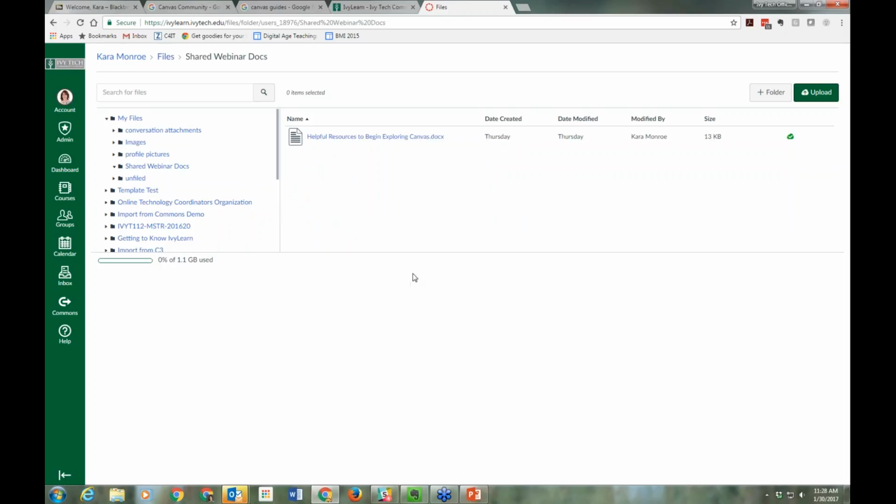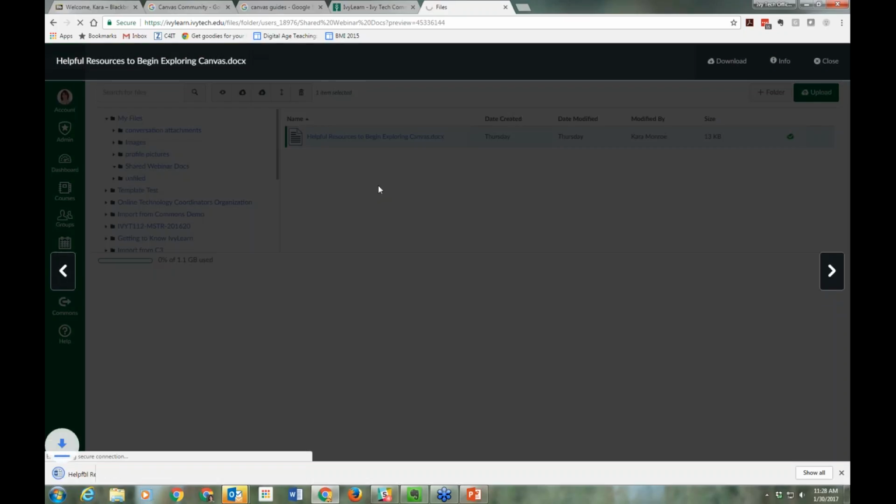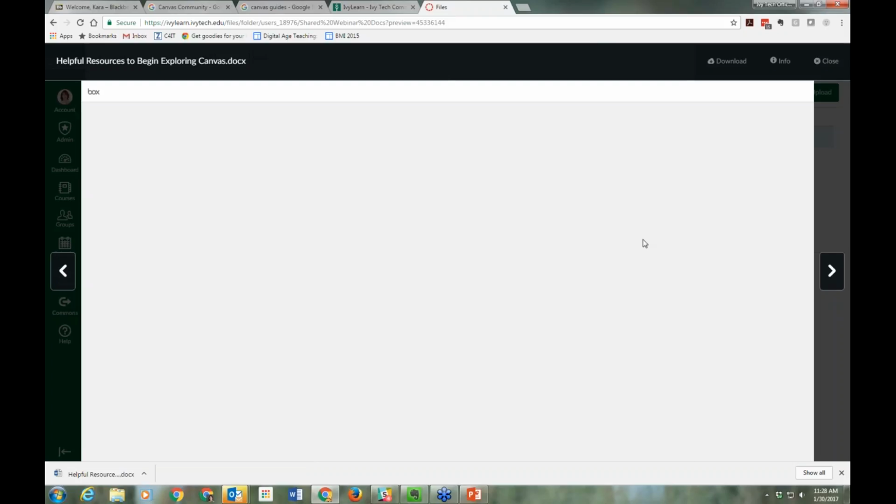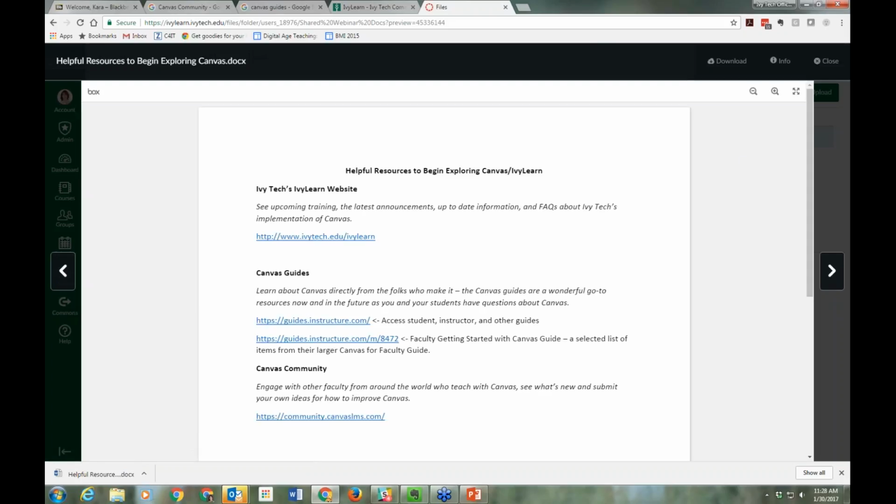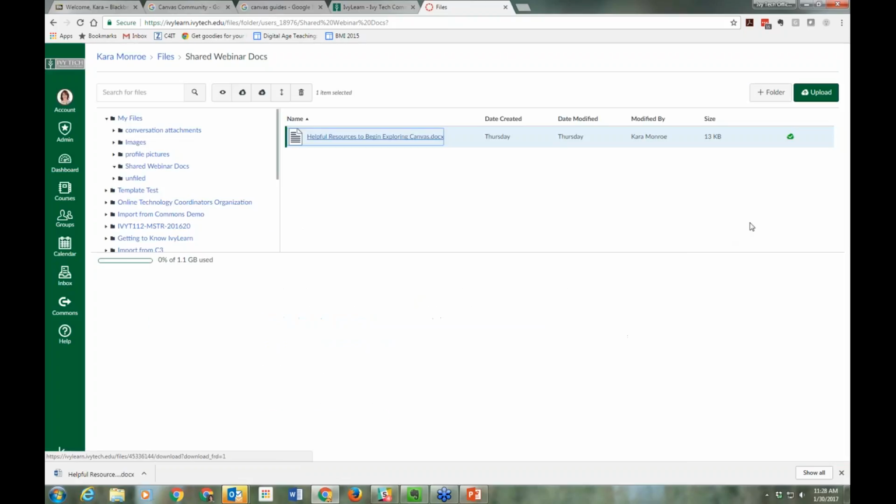So let's take a look at how that might work. So here is that same handout that all of you downloaded. This is my Microsoft Office version of it. And if I realized that there was some sort of error in it, I could actually manage that right from here. Okay, so it's a really nice way to be able to do that. I can also preview it to make sure it's the right document and take a look at that. So it's a really, really nice feature there. And you can see I can rename it, I can move it to a different folder,